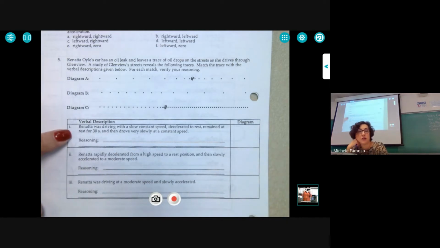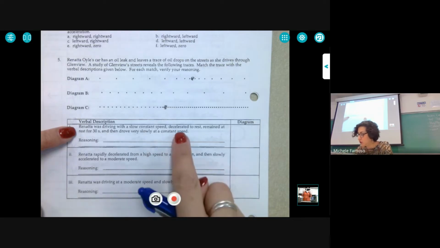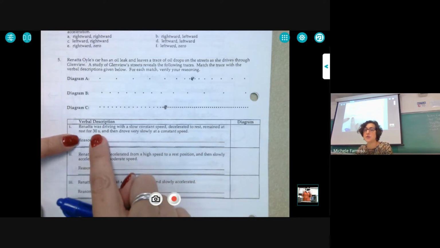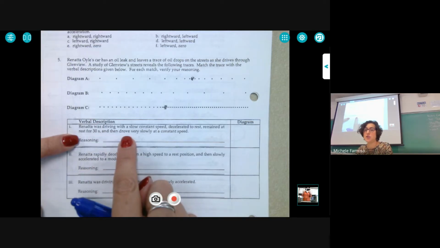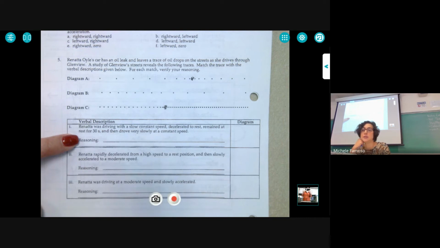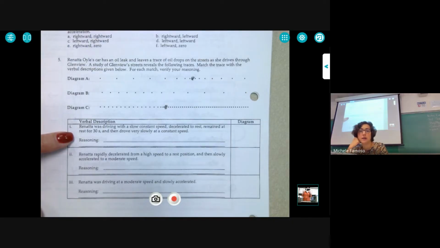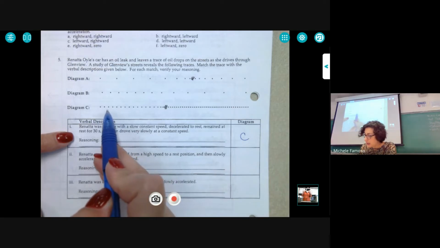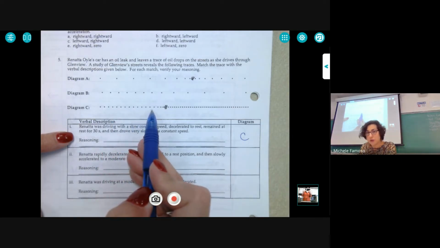So let's look at the first description. So Renata was driving with a slow, constant speed. Then she decelerates to rest. She remains at rest for 30 seconds. And then she drives away really slowly at a constant speed. Which of these 3 ticker tapes matches that description? Brandon? C, yes. Because here we see a slow, constant speed, but then notice they get closer and closer here,